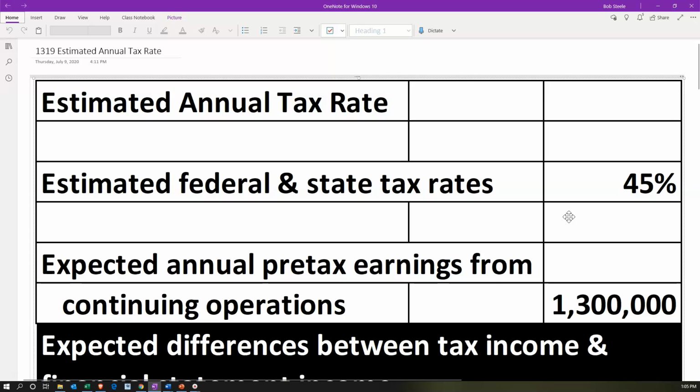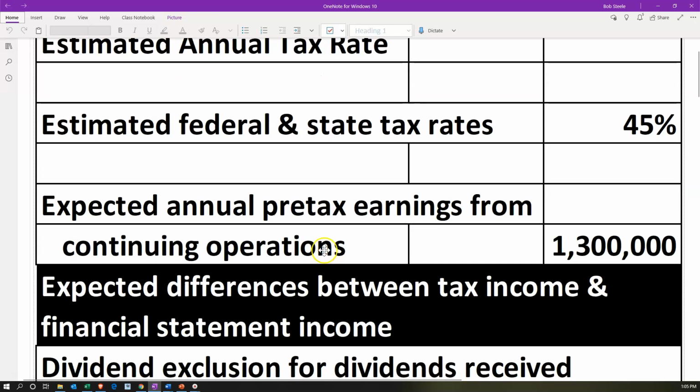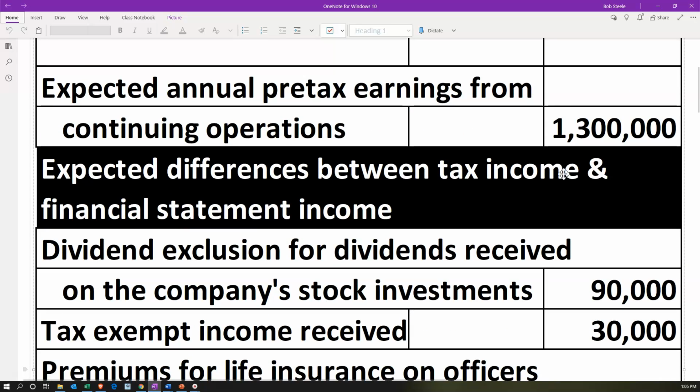And we would like to come up with some kind of rate, some kind of method, an estimated annual tax rate of some kind that we can apply and that takes into consideration the effect of the tax credits as well. So we have the estimated federal and state taxes that we're expecting on the total income at the end of the year, for federal and state taxes on the taxable income. Then we have the expected annual pre-tax earnings from continuing operations. So this is the expected annual pre-tax earnings, the annual earnings for the entire year, not an interim period,